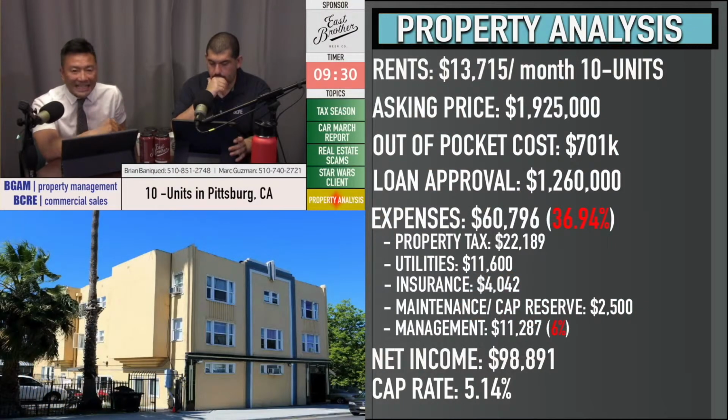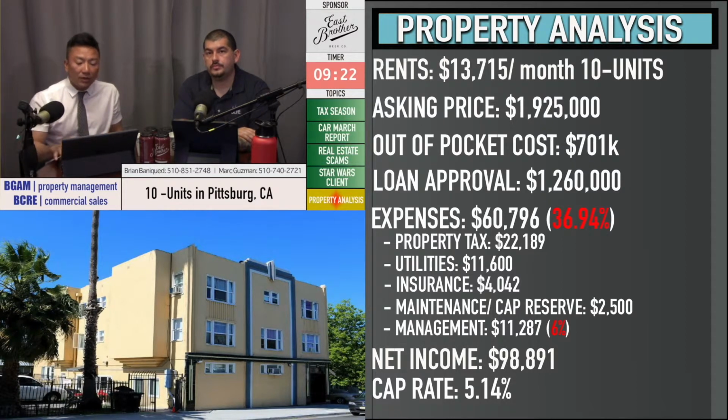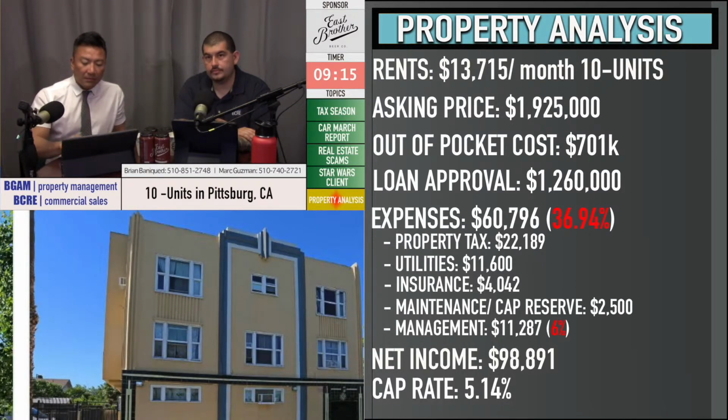So the property we're looking at today is a 10-unit building in the city of Pittsburgh, and the property was built, I think, in 1948. Now, the primary thing that I'm looking for here is the fact that in Pittsburgh, and correct me if I'm wrong, there's no rent control. That's correct. And it's a 10-unit building asking